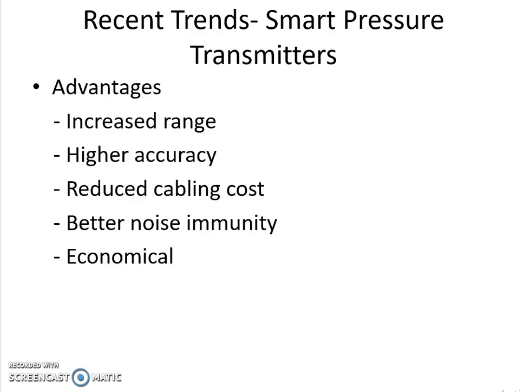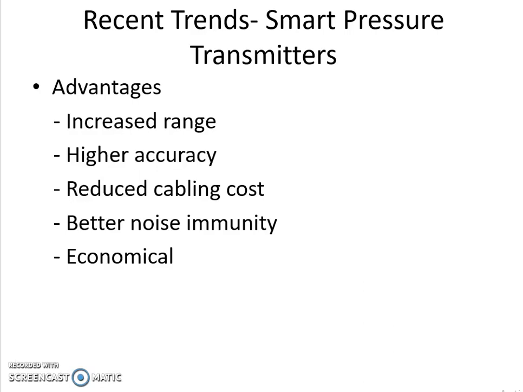The output in the case of smart transmitters is 4 to 20 milliampere on 2 wire, but with the added capability of digital communication from handheld interface connected devices. These smart pressure transmitters sense all three parameters of pressure measurement, that is differential pressure,